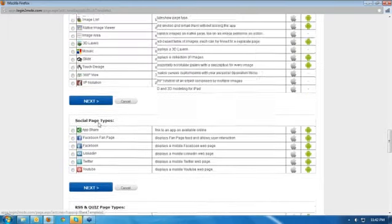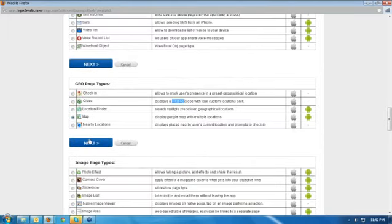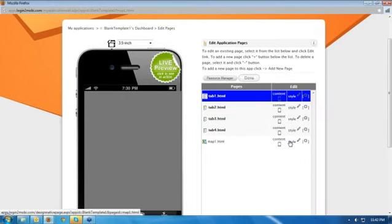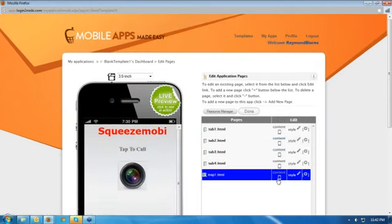Let me just try and show you the Google Maps because I saw a number of questions about this. So just create the page. Okay, you could just name the page. For example, find us, it's up to you. And just edit the content. So here,